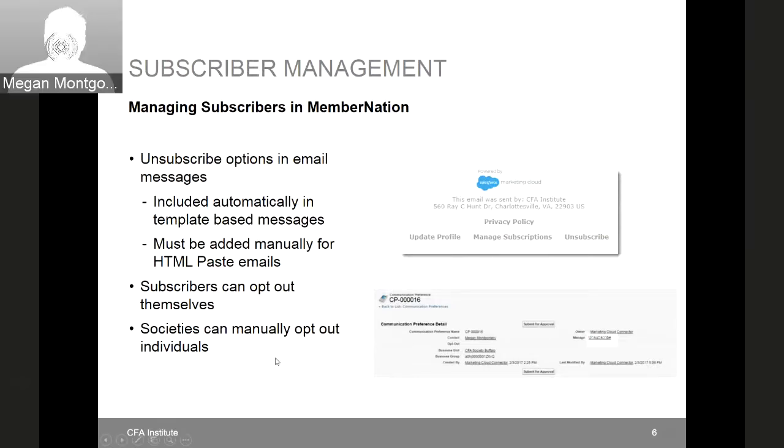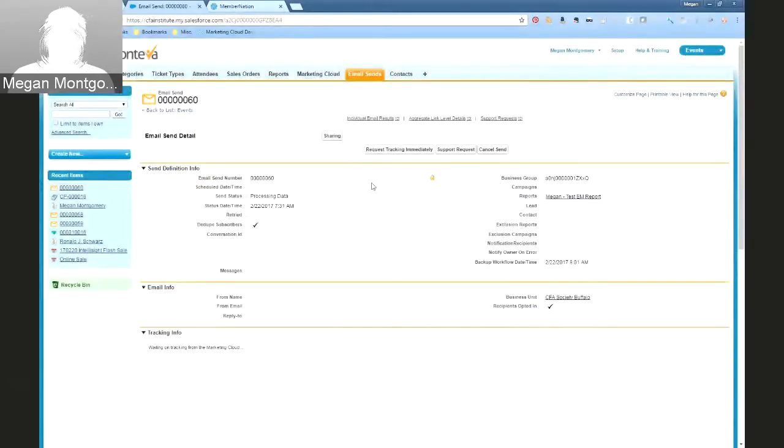You also have the ability as a society to manually opt out individuals. So if somebody were to call you and say, I've received your message and I don't want to receive emails about this topic, then you can go in and manually unsubscribe them. And I'll show you what that process looks like. So for example, if I look at my own record here,